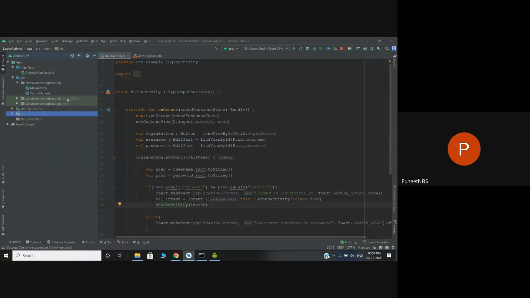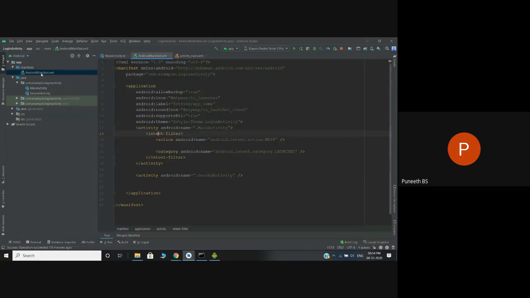As I said in the beginning, whenever you create a Kotlin file, you have to mention it in the Android manifest.xml file. Some students have asked, I was getting an error that your app has crashed or is not working. The reason for this is, if you don't declare some activity in the Android manifest file,